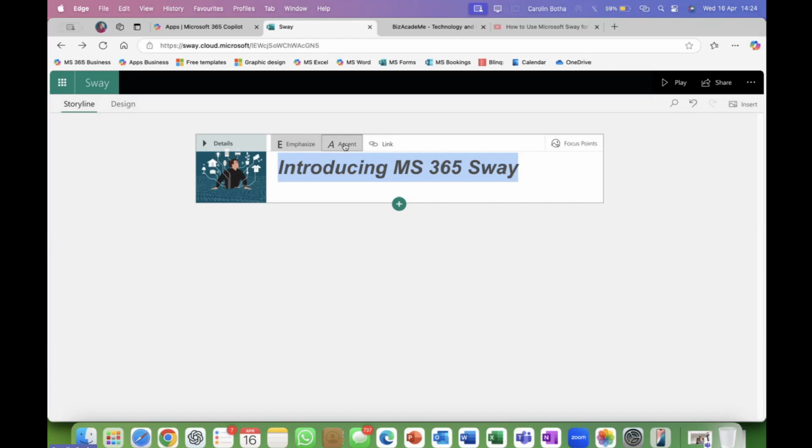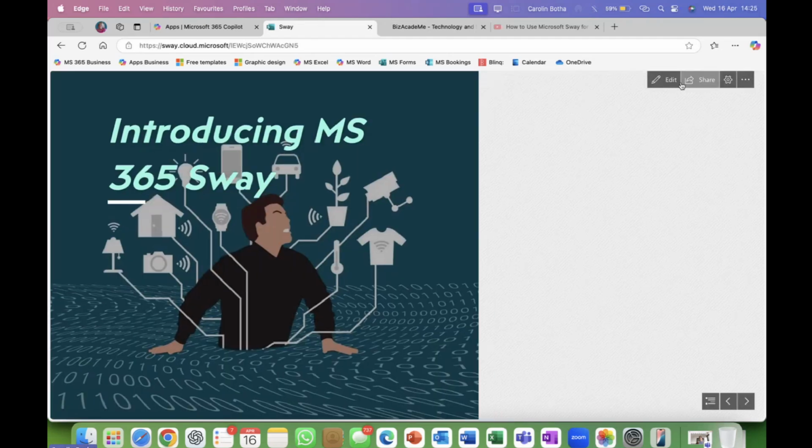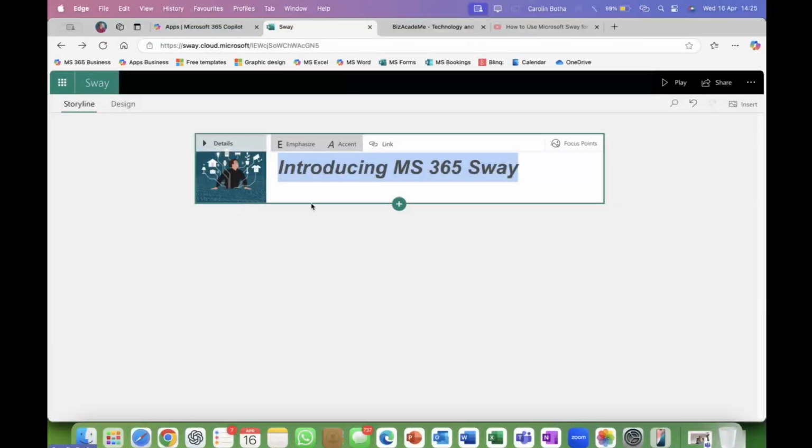Why they call it that, I honestly don't know, but they prefer Microsoft to make that differentiation between bold and italic, emphasize and accent. Okay, let's preview it. Now you can see it is definitely bolder, and it's definitely in italics. Good.